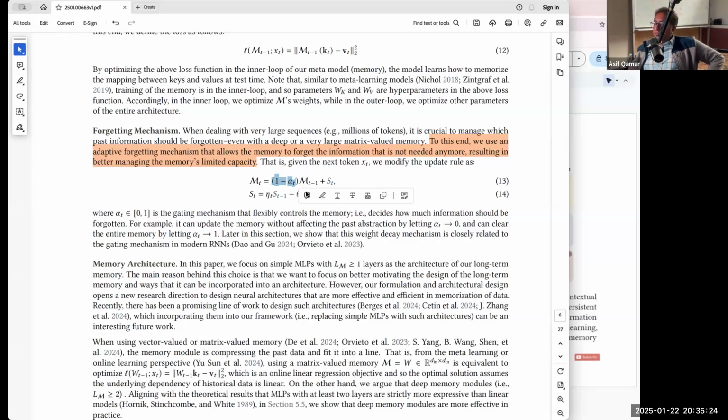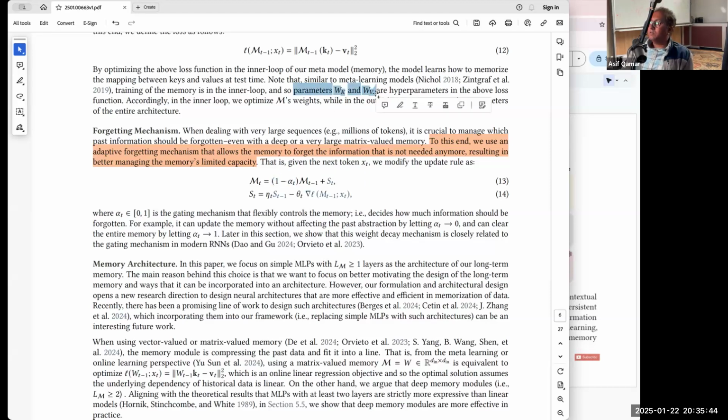Question, Krishnan. What was not apparent to me is what is stored in the long-term memory, the top line. Is it the hidden state or the attention value? What number is stored there? So it's a key value. This is what they say.